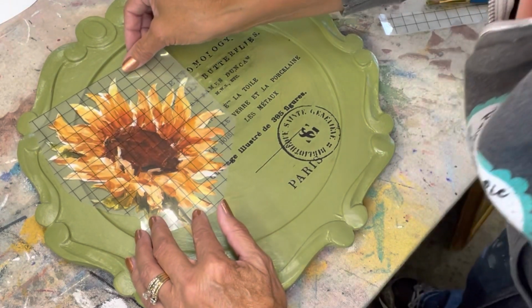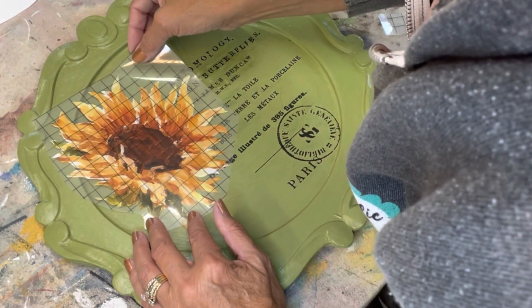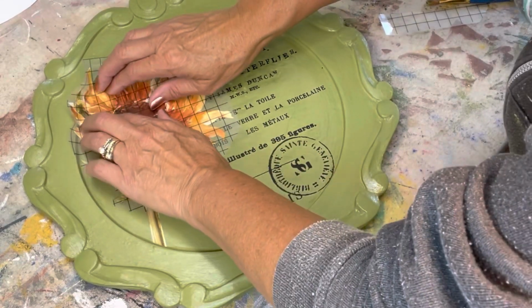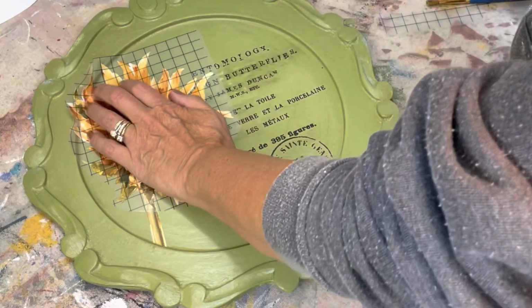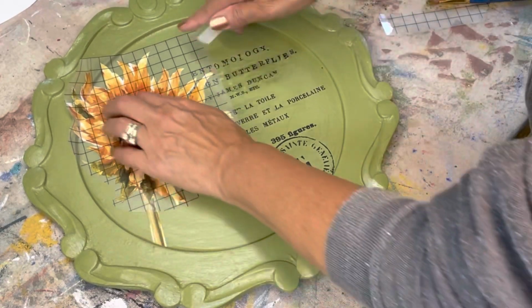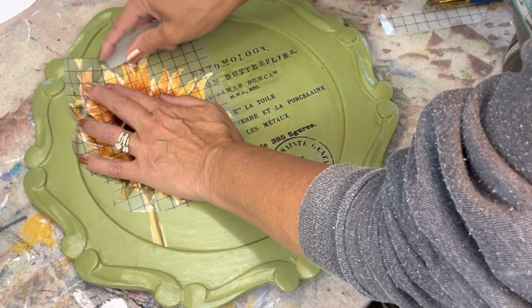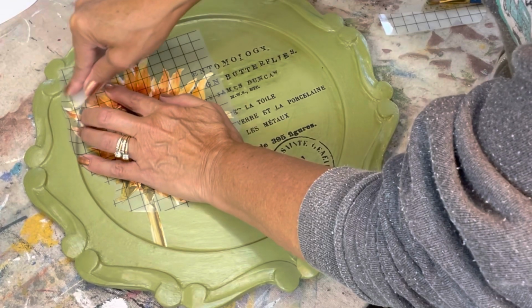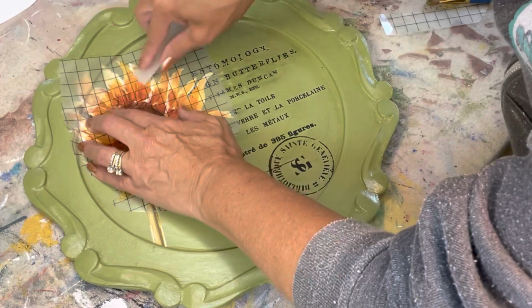So I really hang it over the edge there and start in that crease, and that's where it's going to let go. So when you make sure that it's in the right spot, then I went ahead and pressed my fingers in that crease, pressing it down, taking that tool, it goes right over top of those letters, taking that tool and pressing it into that seam first so that all of that cracking can let loose and you have the rest of the transfer to